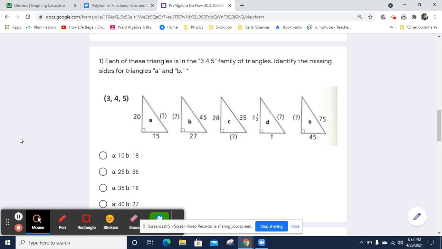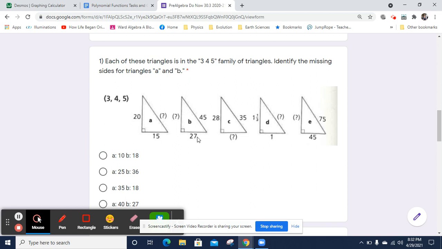So I have asked you to figure out the missing sides for triangles A and B here. This is a 3, 4, 5 family. So we've got a 20 and a 15. You want to look at these two. These would be the 3 and the 4. That means things are scaled up. Well, 15 is 3 times 5, and 20 is 4 times 5. So this would be 5 times 5. So this one should be 25. And then here